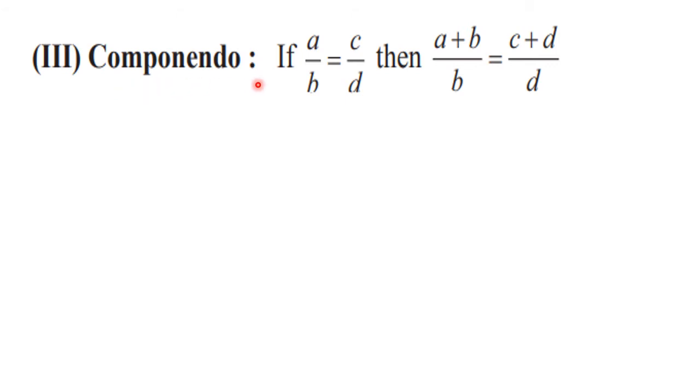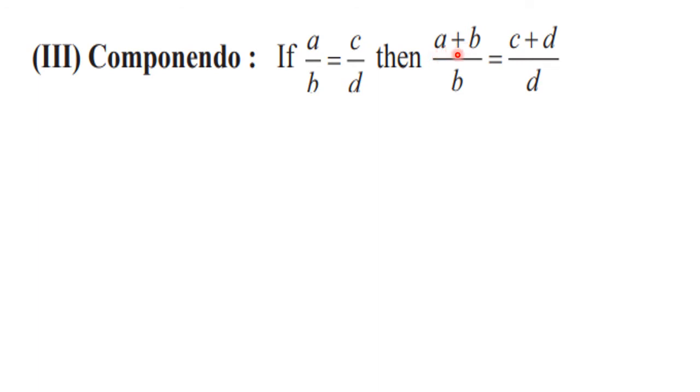Okay, so what is done in this particular property or operation is that we always have the two equal ratios. They are A upon B is equal to C upon D. But here the denominator is added to the numerator. Okay, see A plus B upon B. Denominator is the same, only the numerator is changed. We are adding the denominator to the numerator.